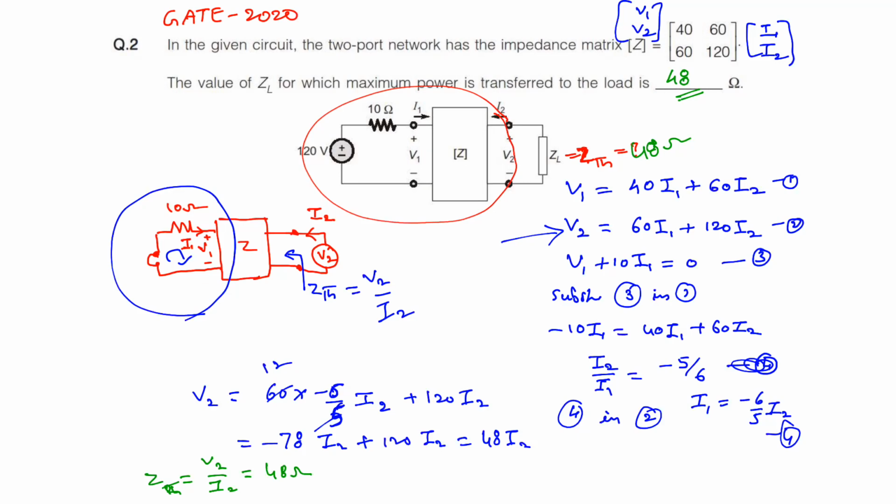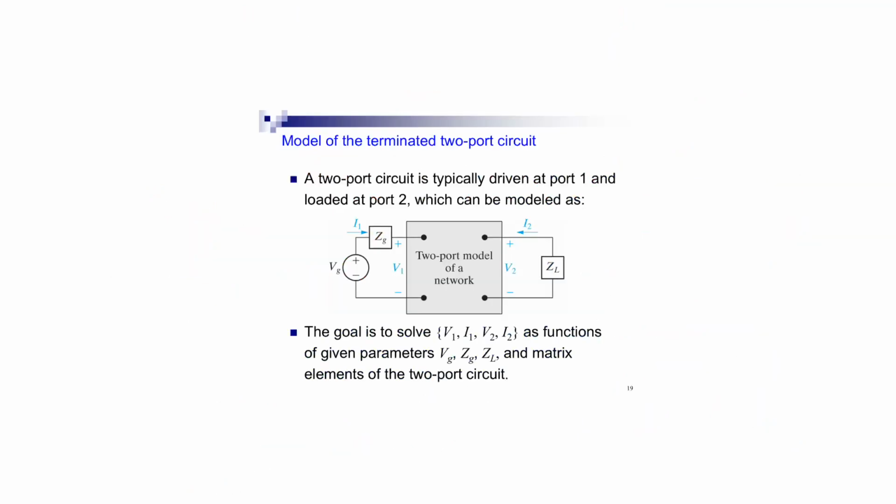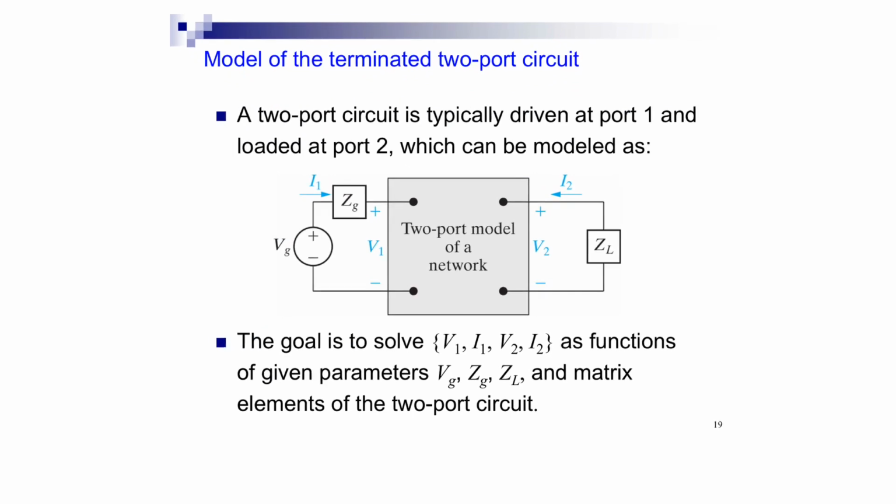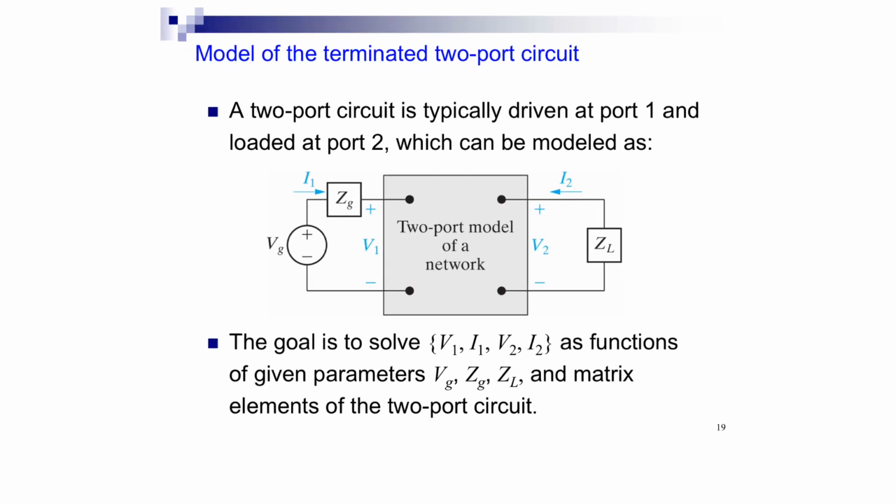Okay, this problem is basically treated as a terminated two-port network. Terminated two-port network means one side is terminated. So now ZL is terminated and on the input side you are applying some voltage source and ZG. In this case you can assume it as 120 volts and this is 10 ohms according to our diagram. In a general two-port network we always apply the input source on the left side and take the output at the right side. So here driving is from the left side and receiving is from the right side.